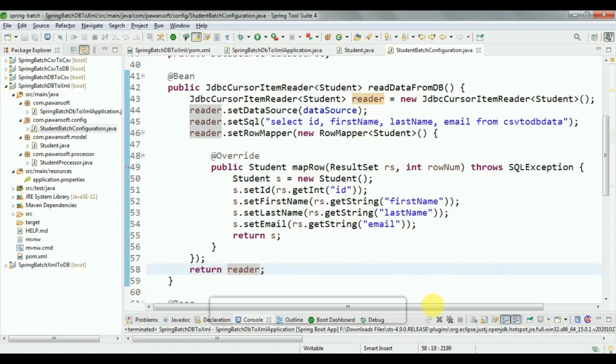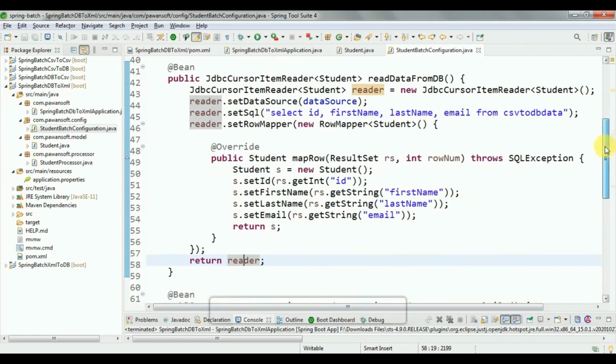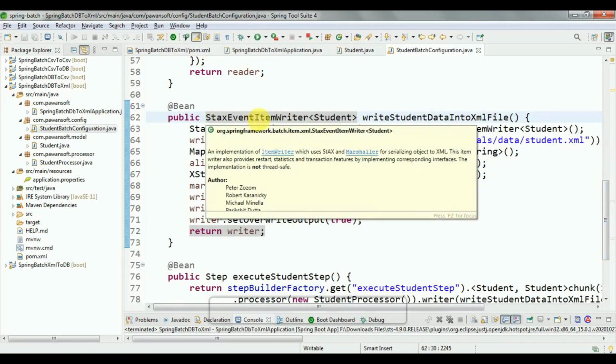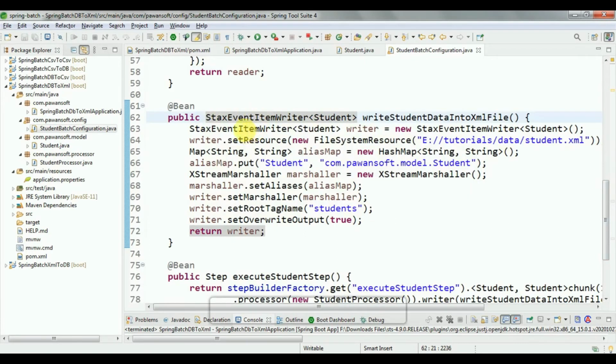So the reader is ready. To write the data into an XML file, you have to create the StaxEventItemWriter object. With the help of StaxEventItemWriter, we can write the data in an XML file. Create the instance of this writer, and set the resource where your file is located.